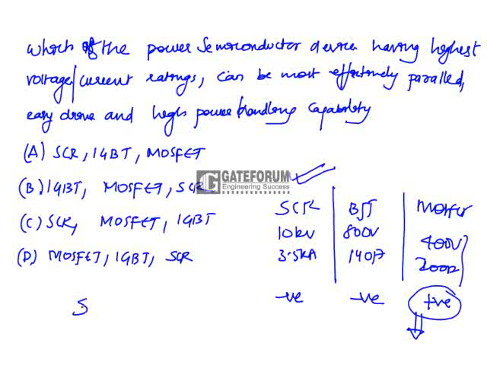So the first one is SCR, the second one is MOSFET. Now, what about the last one, easy drive and high power handling capability? The IGBT will have it, because an IGBT is nothing but BJT plus MOSFET. That's why these are used most in practical applications. IGBTs, because MOSFETs will have